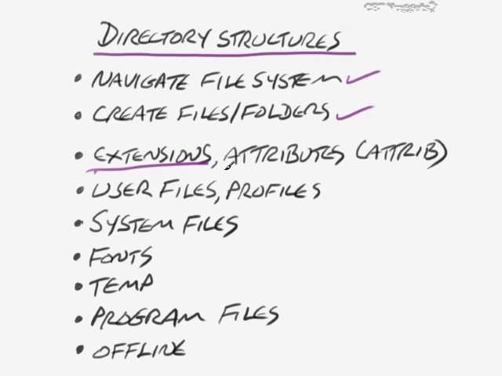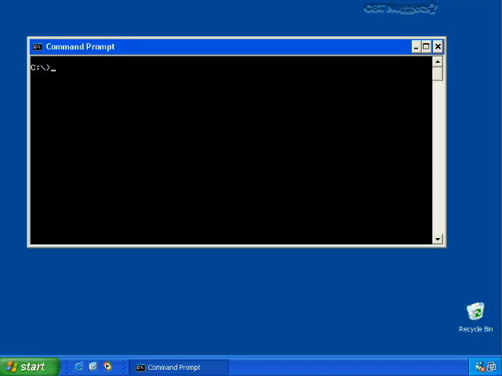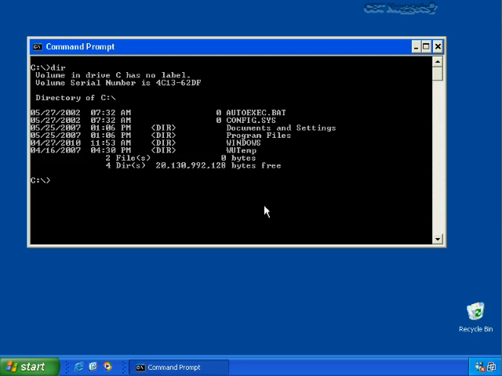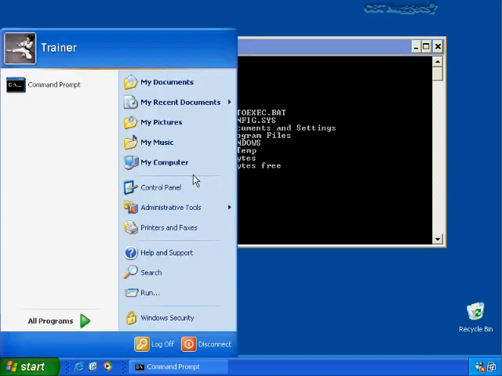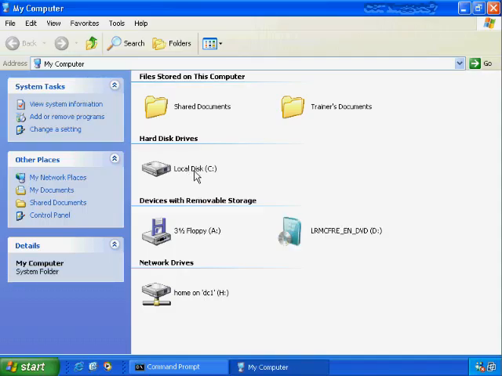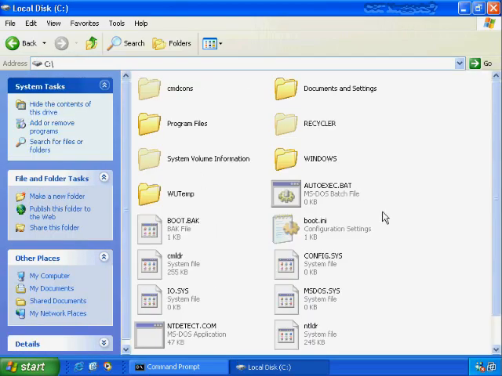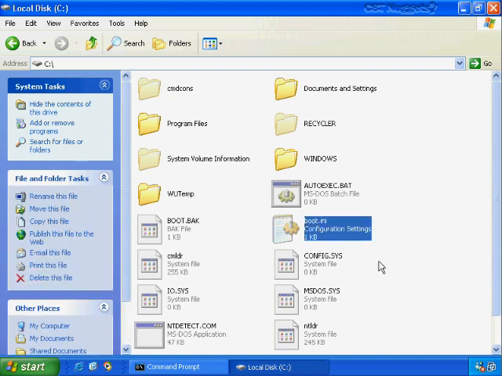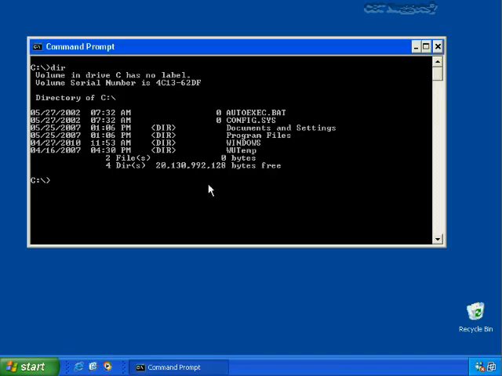Let's also talk here about the various attributes that could be seen with various files. So if I go back here, let's just flip over to Windows XP. As I look into this, if I do a dir on the root of the C, notice that I got a few directories there and nothing spectacular to see. But what's kind of weird is I turned on the option here in Windows XP so that it would show me hidden and system files. And look, when I double click on the root of C here, I see a few more files. For example, that thing, and that. What in the world's going on here? How come I don't see those when I do a dir over here? The reason for that is because if they're hidden files, for example, I have to specify that I want to see hidden files.